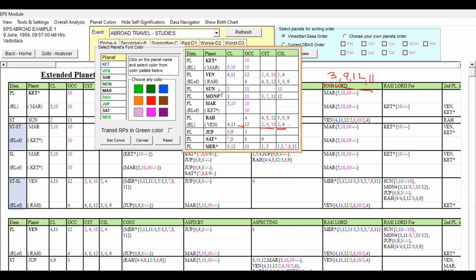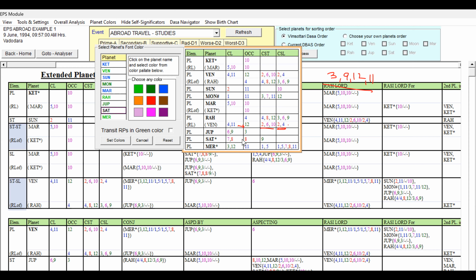And which other planets? Sun. Second lord occupying 11th house and 10th sublord. So it is not having any weakness. Second house alone is not bad. The second house talks about money also, finance also. Occupying 11 is also good, 10 is also good. So Sun we can take as blue. The planets which are free from the unfavorable grouping but having favorable will be given blue color. Moon we have already given. Mars, 5th lord, 10th lord occupying 10th house, so Mars also we can give blue.